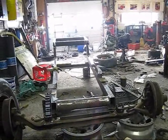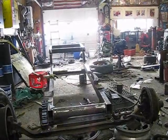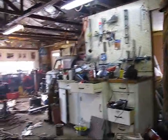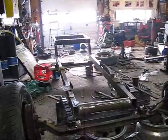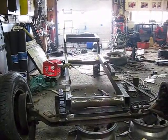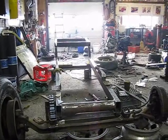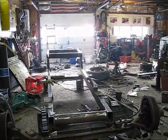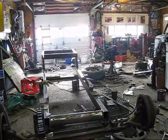It's something different. I kept looking at it, and then I was reading about it in one of the books, and the guy said that looks awful rough riding, and the other guy says, oh no, it rides like a Cadillac. But, you know, it was on a pickup truck he had. That is so cool. And them springs ought to be plenty adequate for the weight of what's going in there for an engine and stuff. Yeah, there's a lot more leaves in them than